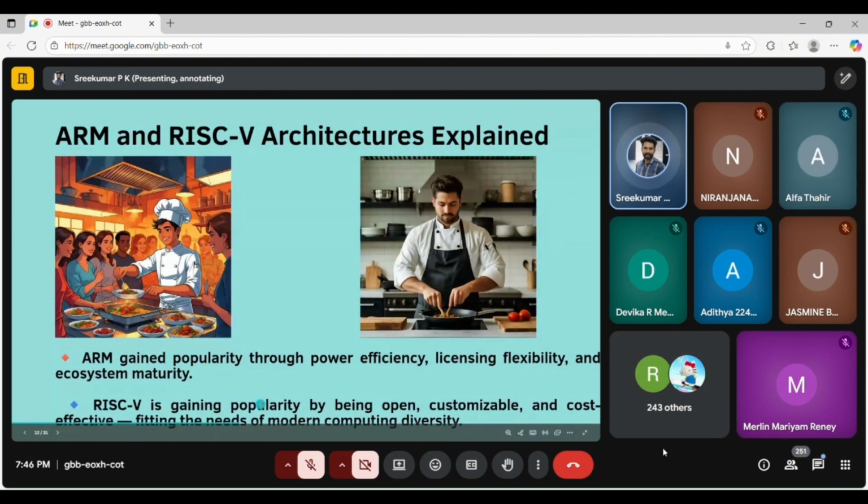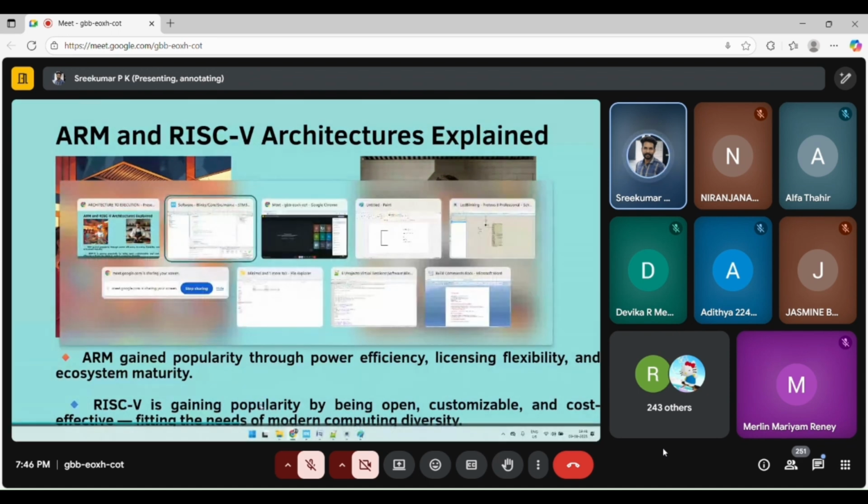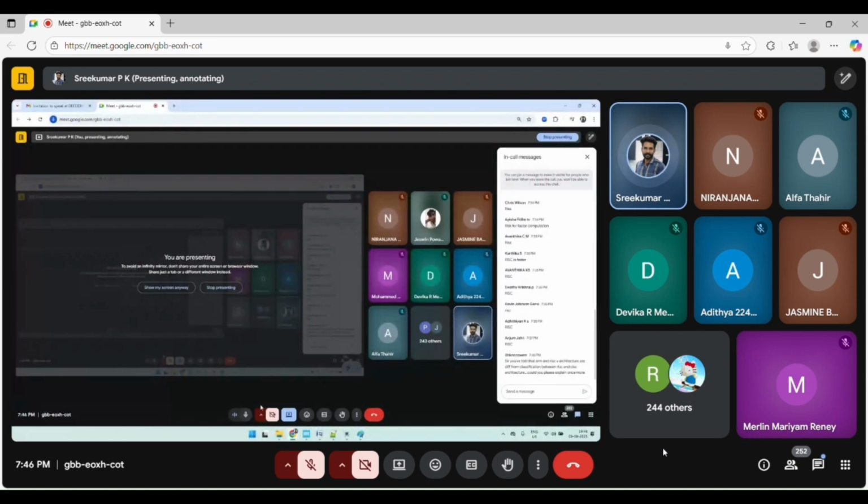RISC-V is still gaining its popularity. I have seen that most companies right now, like Infineon, have started manufacturing their own processors based on RISC-V, and also NXP, Qualcomm, everyone is going behind RISC-V now because it is open source and they can create their own CPU. They don't have to depend on ARM in future.